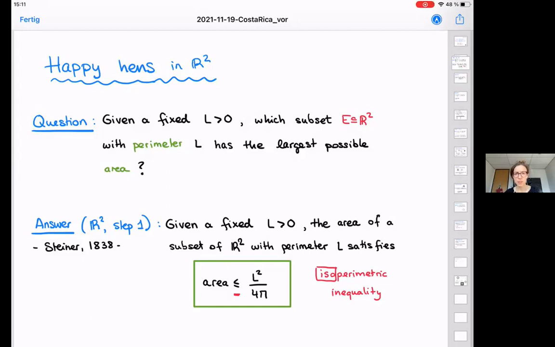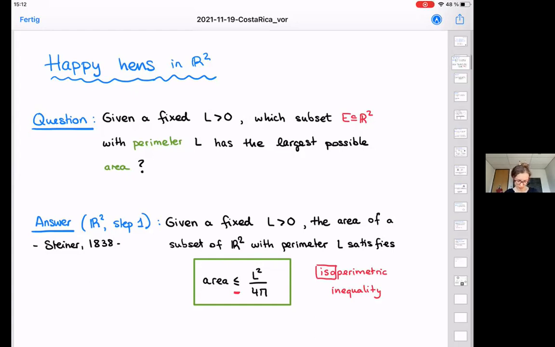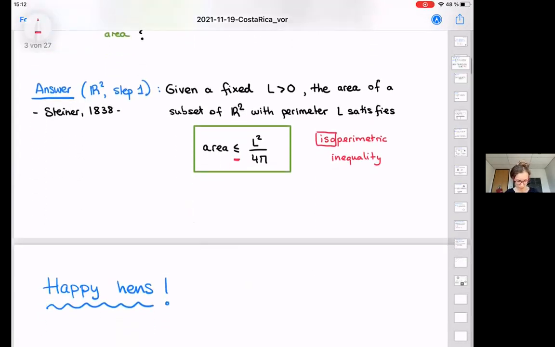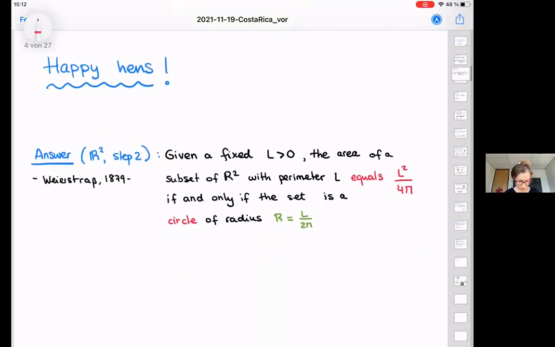It was not yet clear whether there is at all a set that really maximizes this inequality. So whether there is a set for which the area really equals L squared divided by 4 pi. So this took a little to settle, but it did happen. So in 1879,